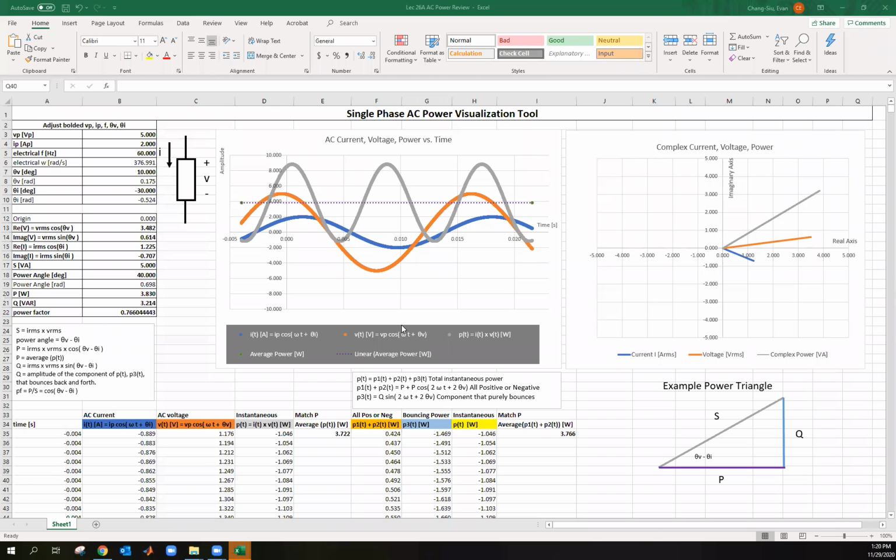Hi, this is ET250, lecture 26A. This is going to be a two-part lecture. In this first part, what we want to go over is an Excel document that I created where it visualizes